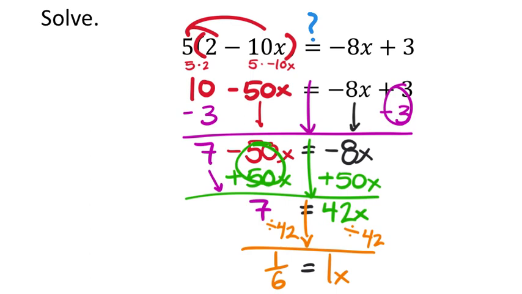So I'm just going to use the calculator. So I got 5 parentheses, 2 minus 10, and now I'm multiplying by 1/6. I'm using the n over d button. And I push enter, I get 5/3. Okay, so if I replace the x with 1/6, I get 5/3 here on the left. Then on the right, I got negative 8 times x, but now x is 1/6. And then push plus 3, enter. And on the right side, I also get 5/3. So that's a true statement,